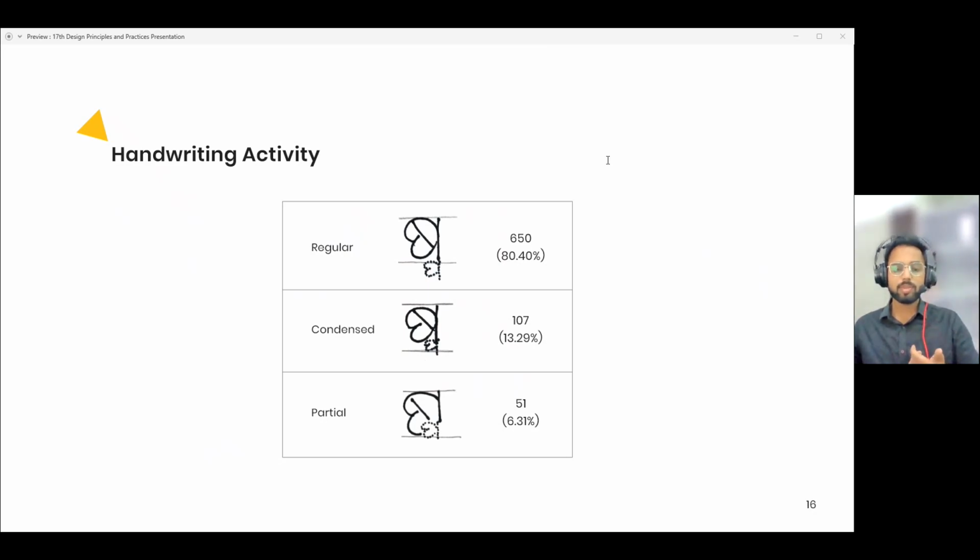The other two ways of writing yuktaksharas, which are the condensed and the partial form of writing, were followed by a smaller number of students. Those are the forms that are mostly visible in school prescribed books or textbooks. And these forms do not actually extend the height of the overall character. That's why they eliminate the risk of overlapping with the characters above or below it. So such variations in writing these yuktaksharas reflect that the method of writing Odia yuktaksharas is very inconsistent.